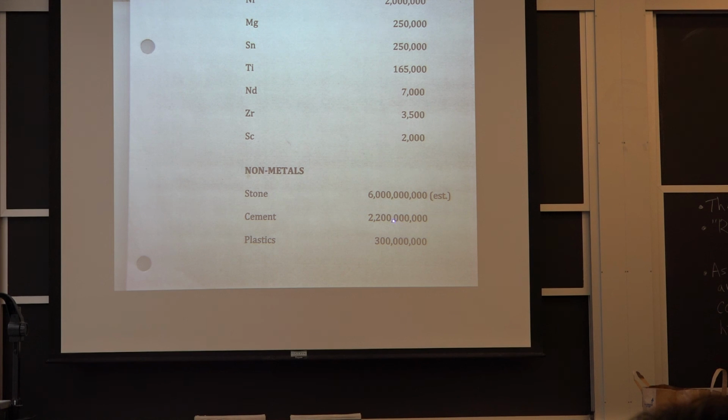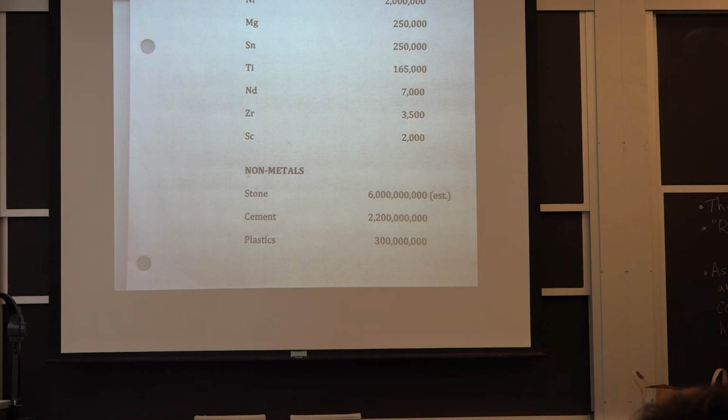But cement is 2.2 billion tons. And stone, this is just my estimate, because stone is used in cement, Portland cement. It's used in railroads, put down as the foundation before they put the ties down. A lot of weight goes into all those railroads. Go look at the new nanotechnology building, not the Stata Center. They're putting crushed stone in the bottom of that. There's probably as much weight in stone there as there is in concrete right now.